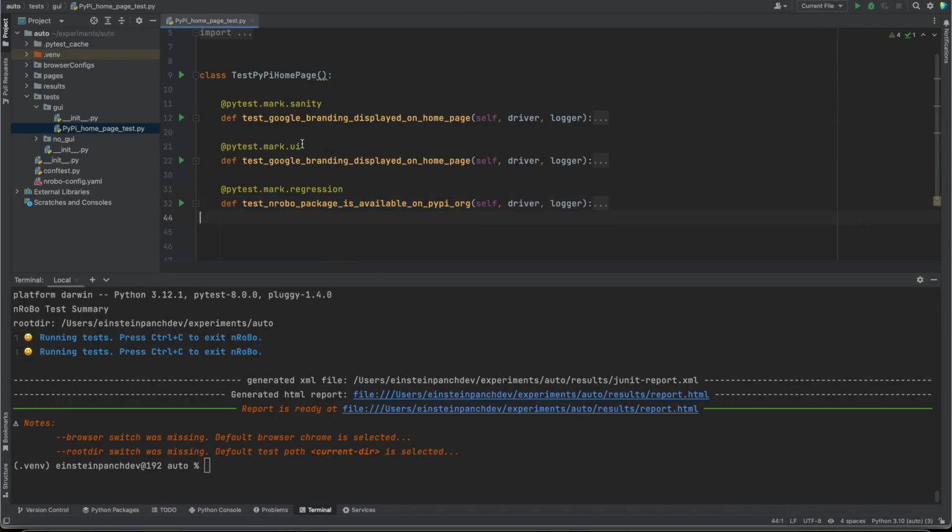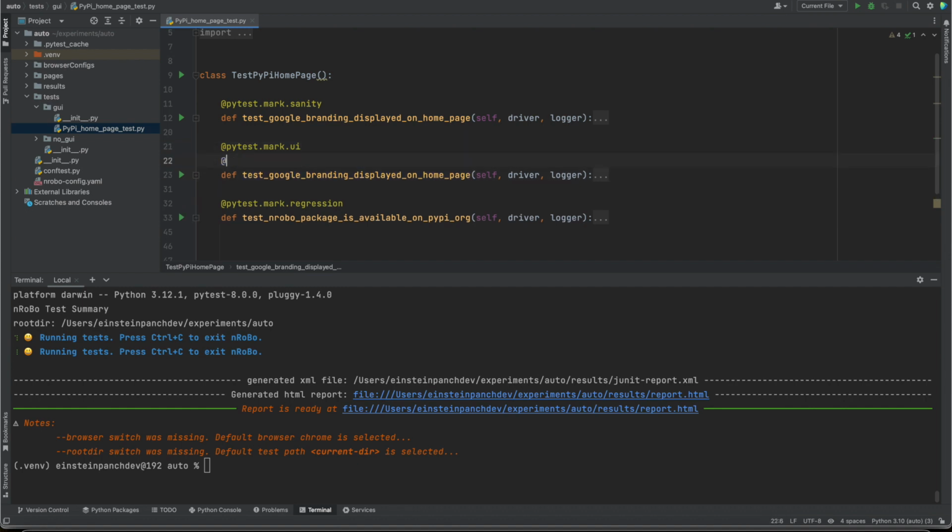Okay, now let's say we mark one test and that belongs to two groups. For example, this test belongs to now UI group and regression group both. And if we run the same command, we target regression group test to run, and this time two tests are,